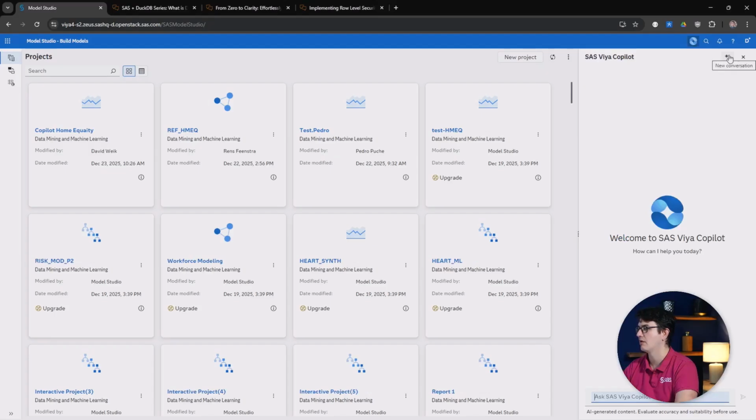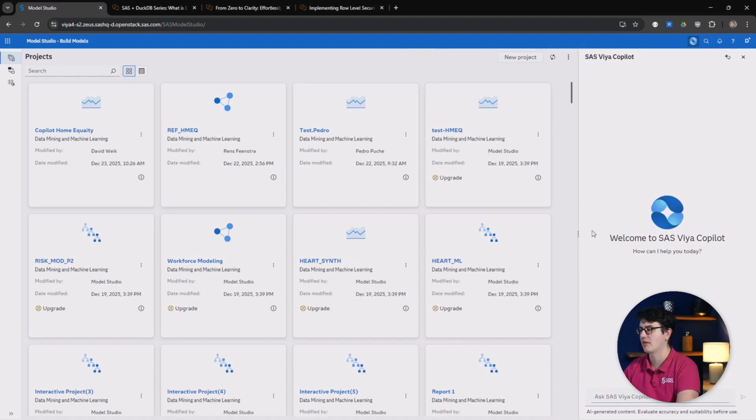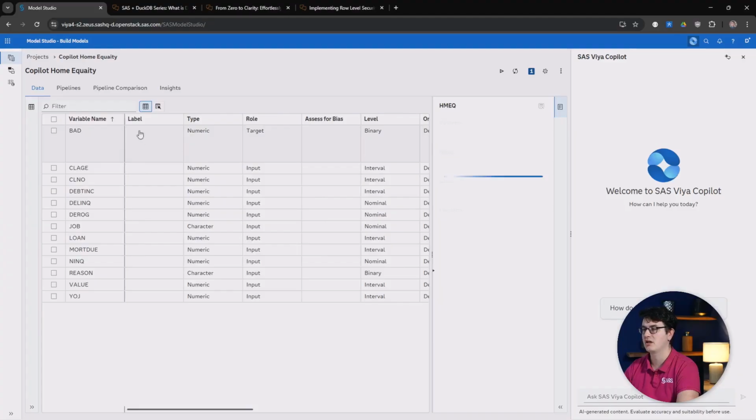Also, you can click this button up here to start a new conversation, so reset the conversation context. And you can, of course, also resize it as you want and as you need and have the space on your machine. So let's dive into one of my projects where I have already set up the target variable, but